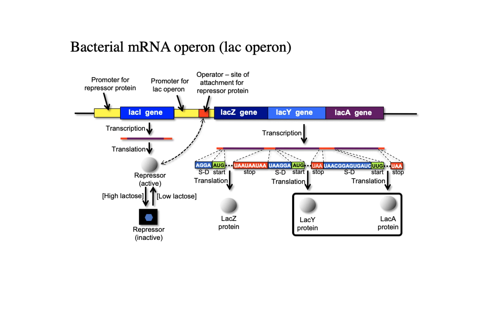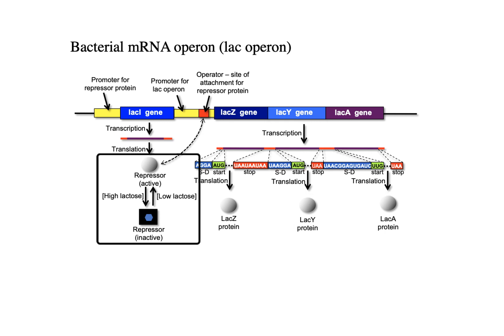The other two proteins are ones that aid in bringing lactose into the cell. Once the lactose concentration drops, however, you don't need to make these proteins. So under low lactose conditions, the repressor protein changes its conformation and will then stick to the operator region, and it will stop any transcription of that gene, which will stop production of the lac Z, Y, and A